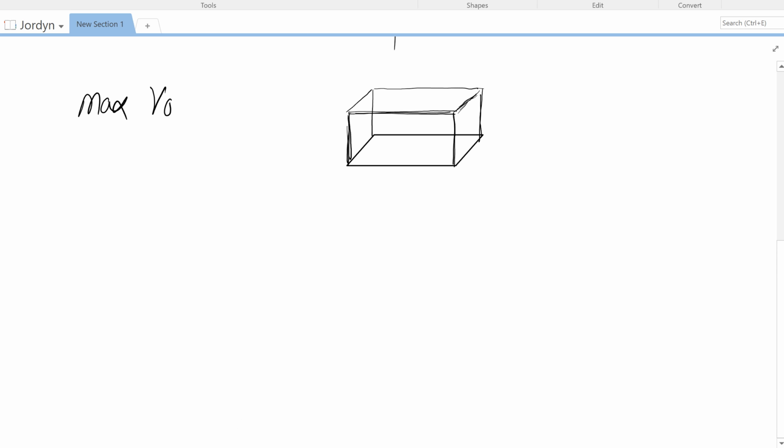Maximum volume. Now volume is the space inside, the capacity of this shape, right? For example, the amount of water that you're going to put in is going to cover that space, right? So the volume defines how much water, liquid, or material you can fill in that box. So, for example, if you want to keep maximum candies and you want to buy a box